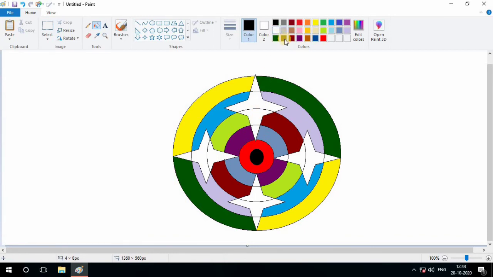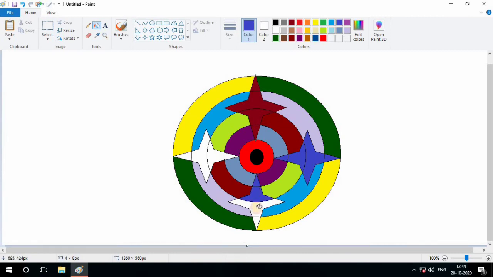Okay, and in this star, whichever color you want to fill, you can fill it, but it's not a good color, so I think this dark green. Okay, this also mismatches, so choose a different color and fill it. See, one mistake also, I did it here, but it's not the place that I want to fill the color. So again, you have to make sure that you choose the correct place that you want to fill in these shapes. Yes, by clicking the mouse left button, you can fill the colors, so it looks very nice.